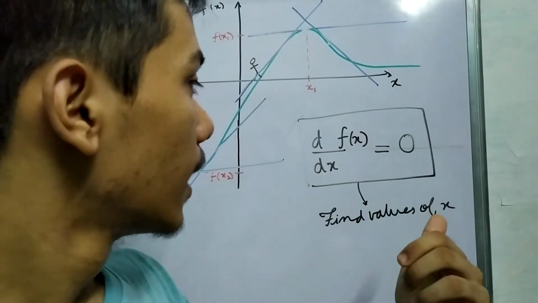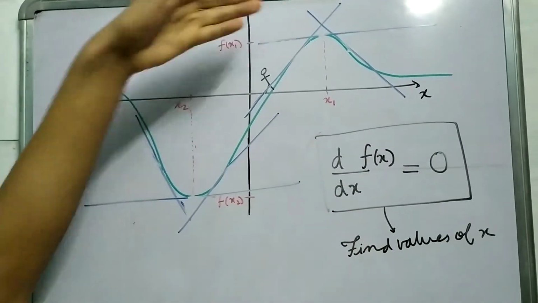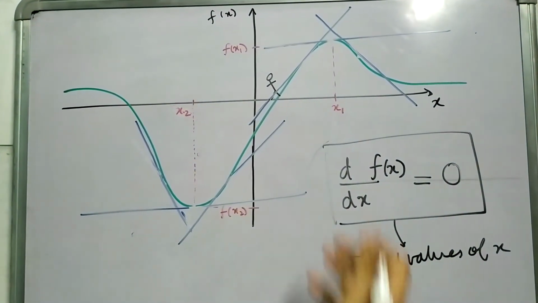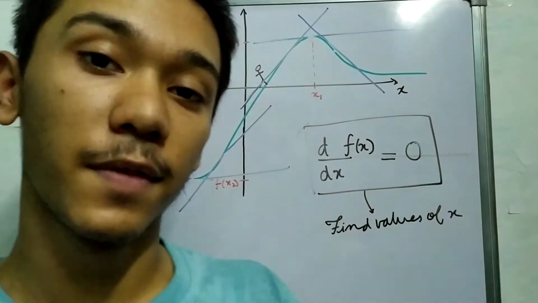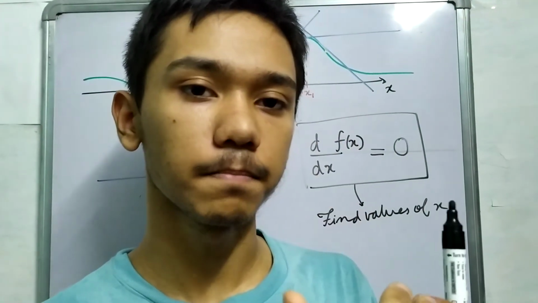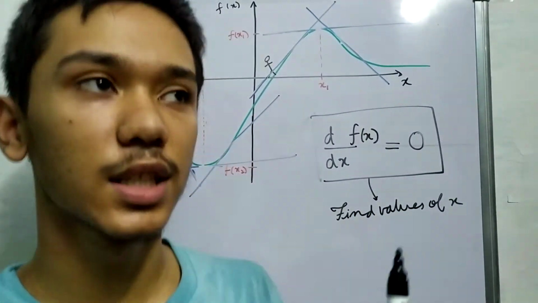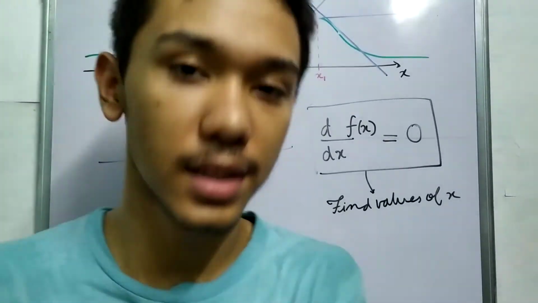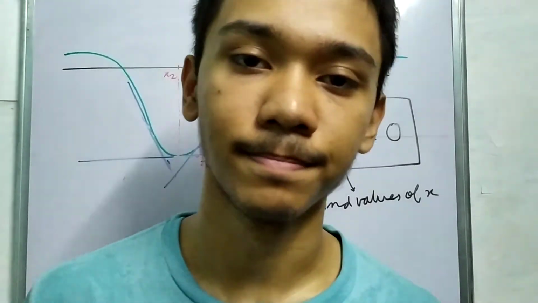Why? Because this slope is 0 at 2 points, your maximum and minimum. So how do we differentiate between your maximum and minimum? Well, in most cases, and especially in physics, you can see by inspecting the situation that this has to be a maximum at some point, it won't be a minimum, or if it's a minimum, it's obviously 0. We'll see it using an example.